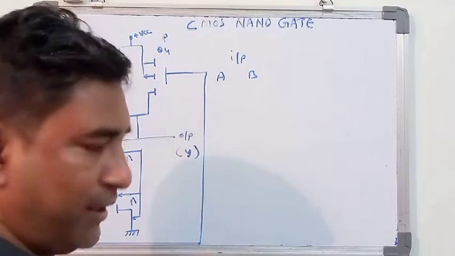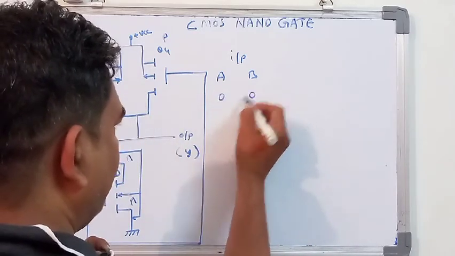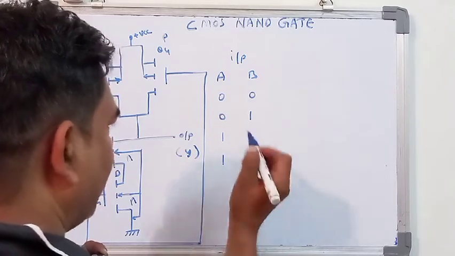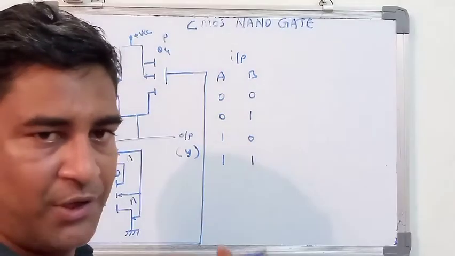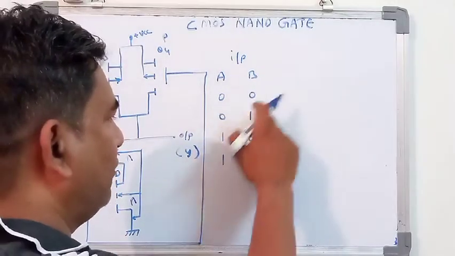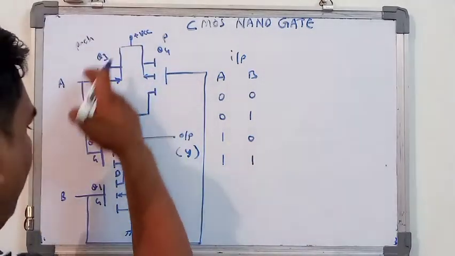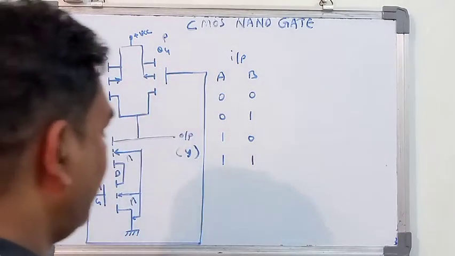So here we will be getting the A and the B. Again, as the two inputs have been indicated, 0 0, 0 1, 1 0 and 1 1. So here are the four different values we are obtaining, that is 0 0, 0 1, 1 0 and 1 1. And the operation which is going to occur across Q1, Q2, Q3 and Q4, we will write here